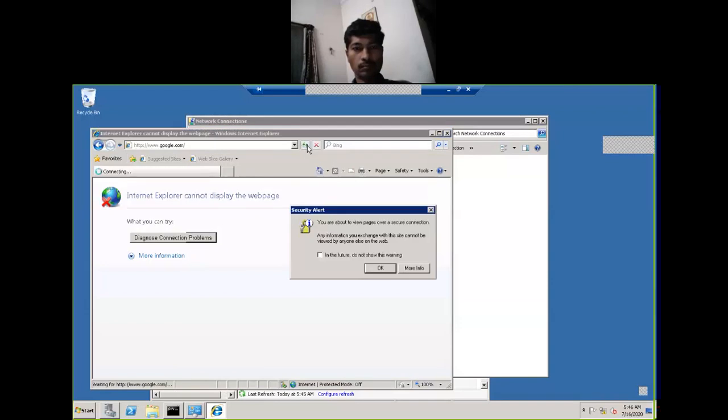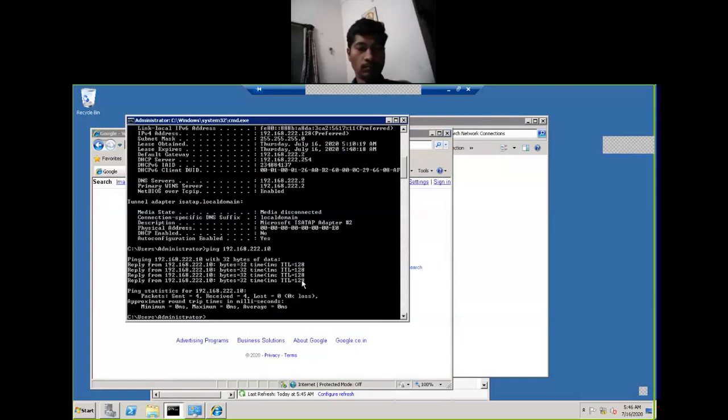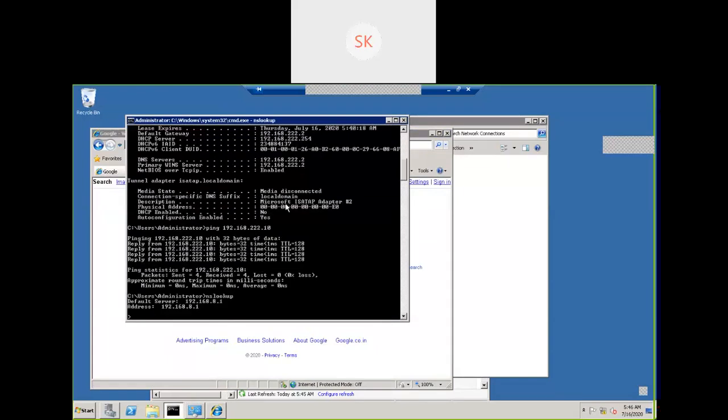Go to command prompt. nslookup. What is nslookup? I'll tell you in the DNS class. Okay, cool. Minimize this.